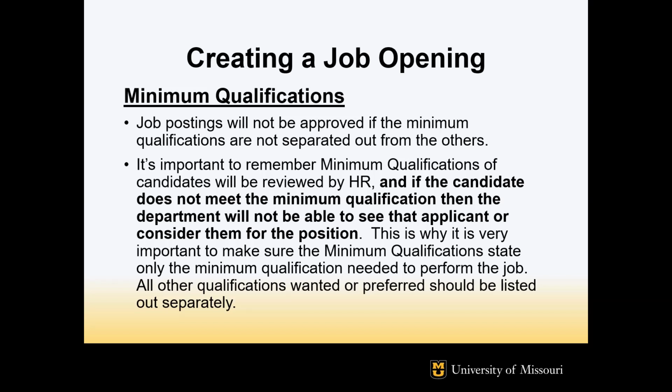I get a lot of emails saying, hey, we know this person applied, but we don't see them. And it's because they were too strict in their minimum qualifications. They might have said they needed 5 years of associate professor work in the past, and this person has 4.5. That person would not be routed to your department. So again, just bare minimum under minimum qualifications. Everything else you think you might want or know you want, you can put under candidates will be evaluated on.